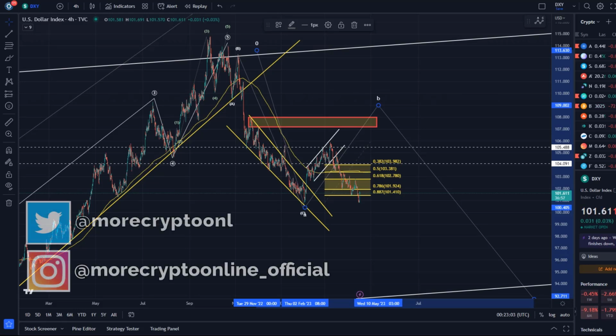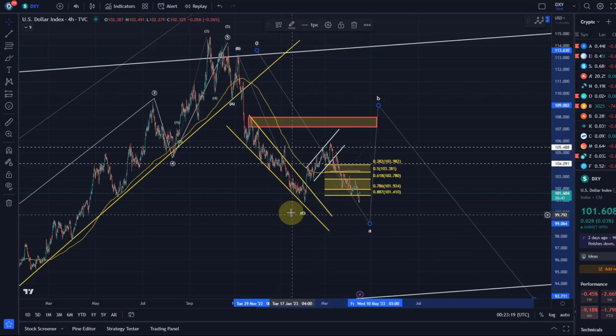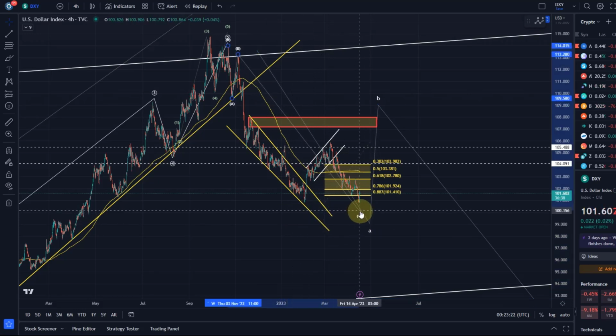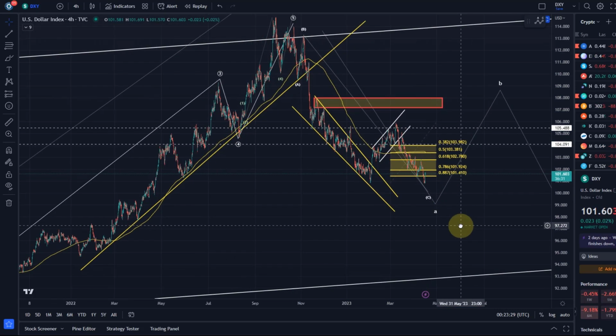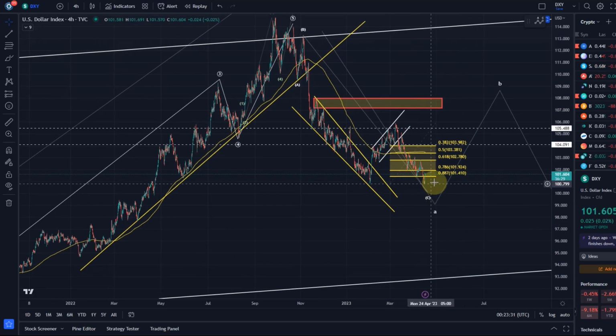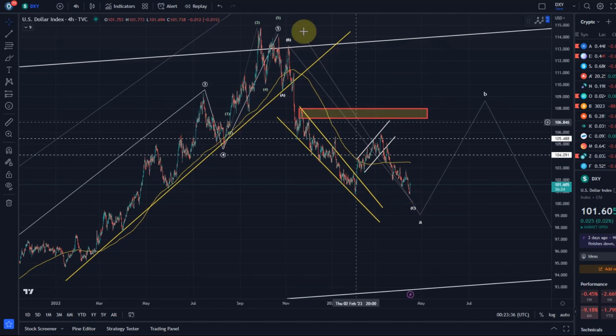A lot has happened since the last update, so I just wanted to take you through my latest assumption about this chart. Not too much is changing, but I would like to move this C wave of A a little bit further down. That is probably for me the primary expectation now, given that we've dropped below support, and it indicates that this C wave,